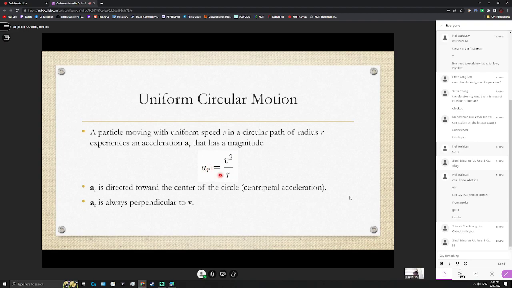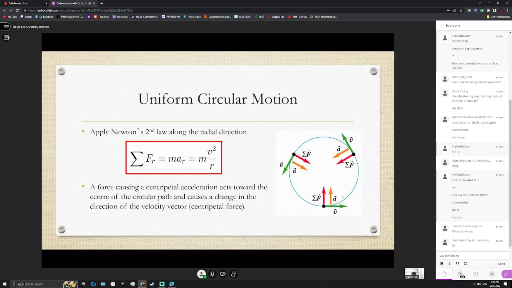This v squared over r, this radial acceleration, is directed toward the center of the circle. And a_r is always perpendicular to v. V is our velocity, and v is tangential to the circle, right? That's why a_r will be perpendicular. So now, that was the